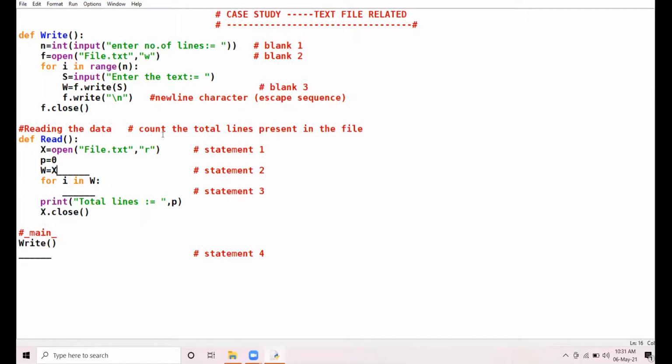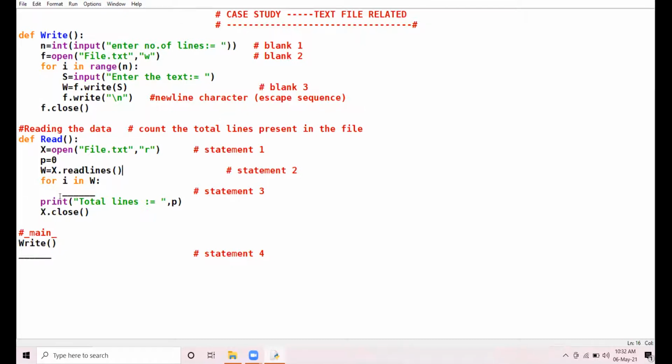X dot read. We have to read the lines, sir. All the lines. Readlines function. The readlines function will read all the lines present in your file.